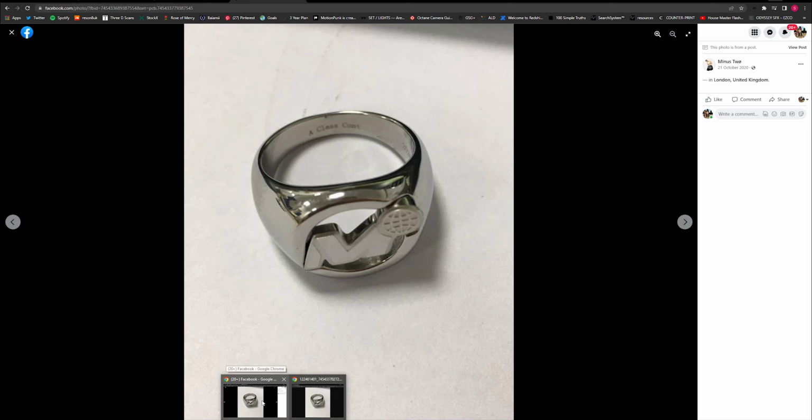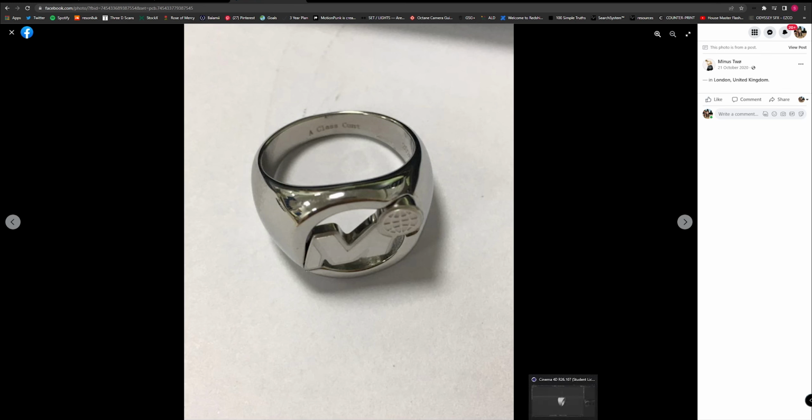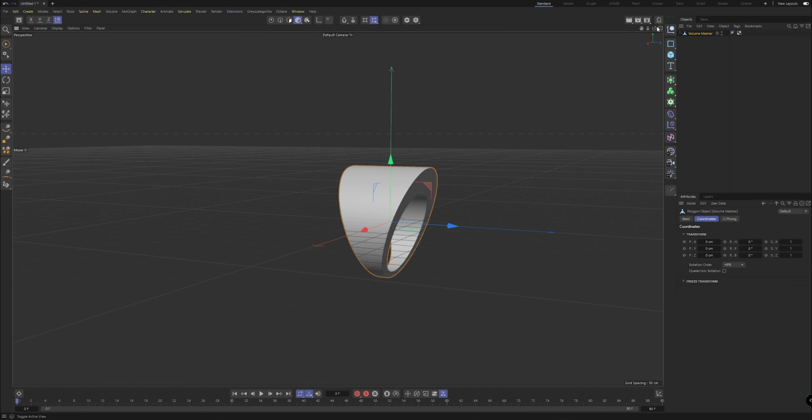So we've got this logo, which is the name of the brand, right? So we've got this sort of like M and the global logo, which we really want to subtract from the ring itself. So I think the best way of doing that would be creating the hole, shaving off a sort of circular part at the top here, and then overlaying the ring on top of that. It seems to make a little more sense. You can see how the logo is sort of indented, right? So what we can do is hop into C4D super quick, and we can firstly go about,